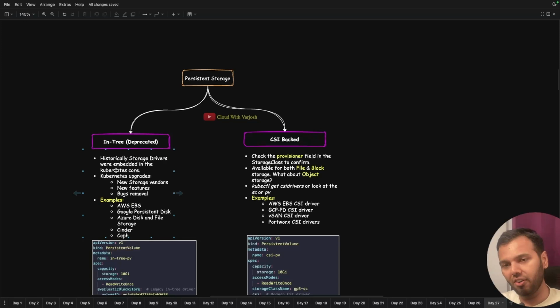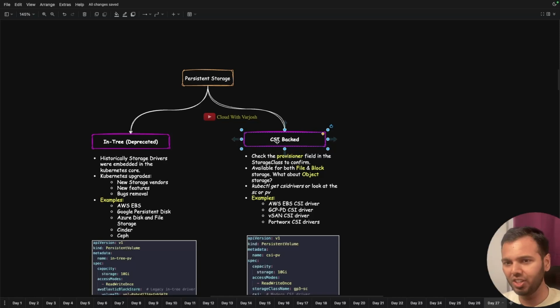We want developers and storage vendors to work independent of the Kubernetes core. If they introduce a new feature, then I just want that feature to be upgraded. And if I want only that feature to be upgraded, then CSI is the way to go. If I'm using a previous version of CSI, I introduce a new version which has all the new features. For example, Amazon releases a new version of the CSI driver. That driver has volume expansion. Now, to have that feature, I'll just upgrade the CSI driver